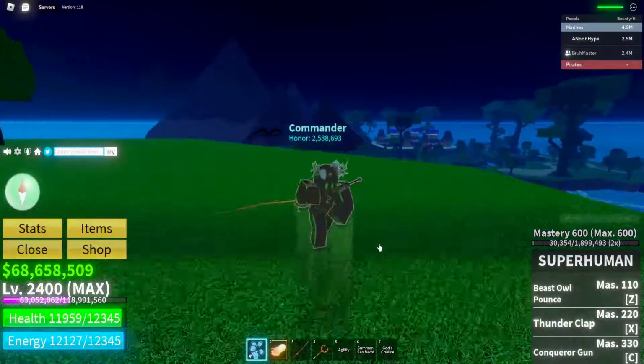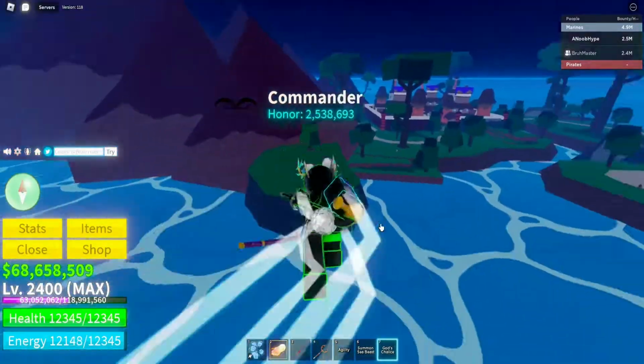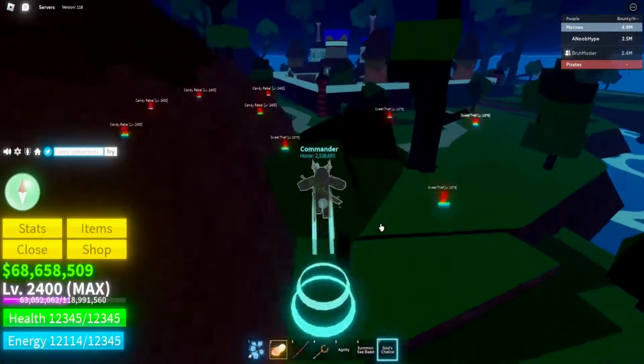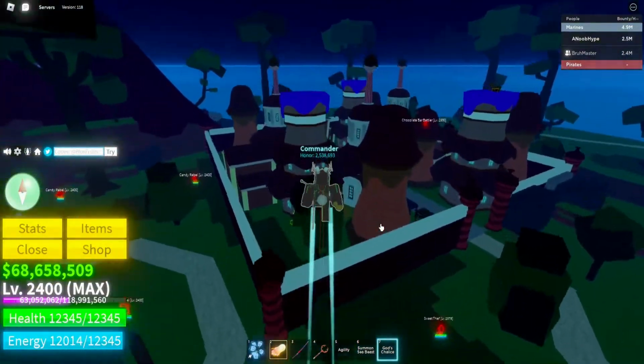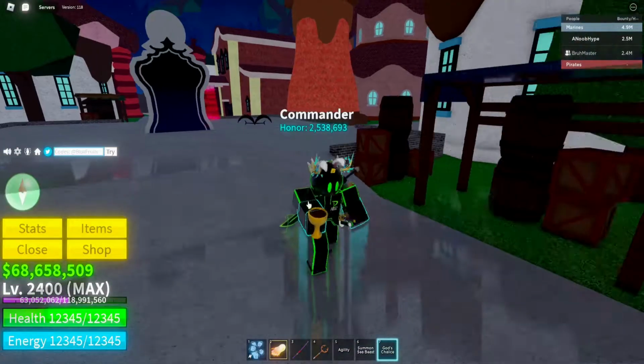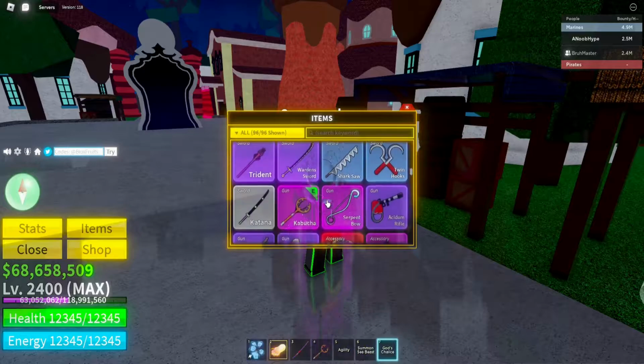Update 17 part 3 finally dropped after so many delays. Anyways, today I'll be awakening Dough. I've been waiting for this since last update and haven't played Blox Fruit in a while, so it's great to be back. Anyways, in order to awaken Dough, we must spawn and defeat Dough King first, and to spawn him,